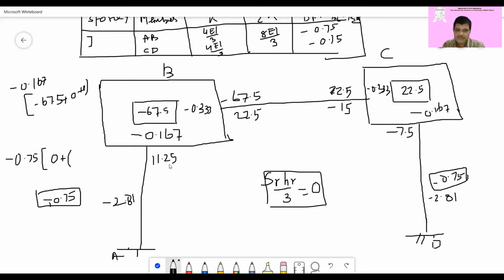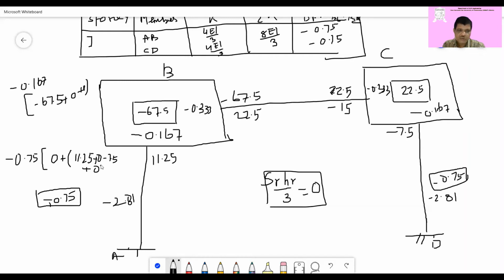Okay, here is 11.25, here is 0, here is minus 7.5, 7.5, and here is 0. So what can you write down? The moments from the column top and bottom end that we discussed in the earlier class, from the summation of the moments from top and bottom. Now here it is 11.25 plus 0 from the fixed end side, then plus minus 7.5 from this side. Here is minus 7.5 plus 0.